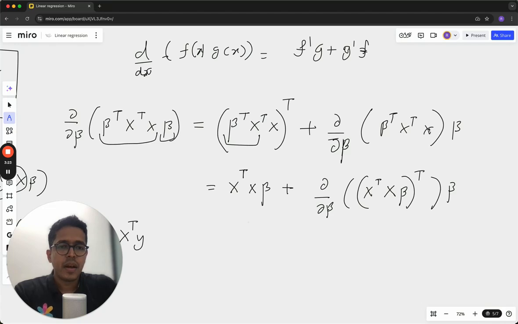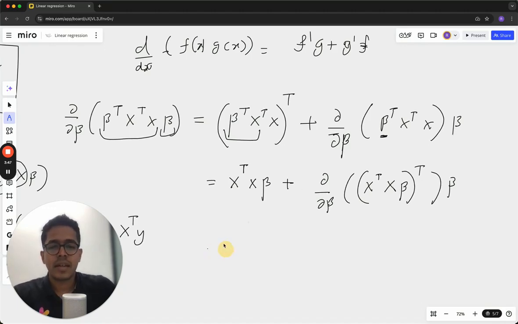So what I did is I took the transpose of this, and then wrote it as the transpose. So you just imagine the transpose of this. If you take the transpose of x transpose x beta, then beta will go to the left side. It will become beta transpose, right? And x transpose x, the transpose of that will be to the right side. It will become x transpose x itself. And now we can write this as x transpose x beta